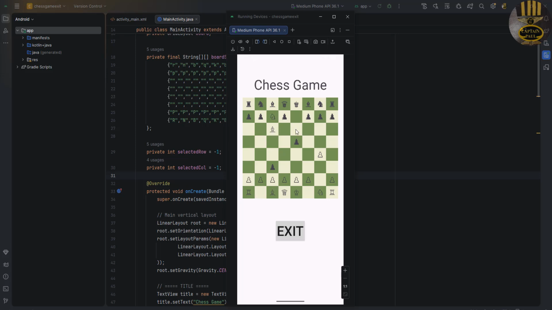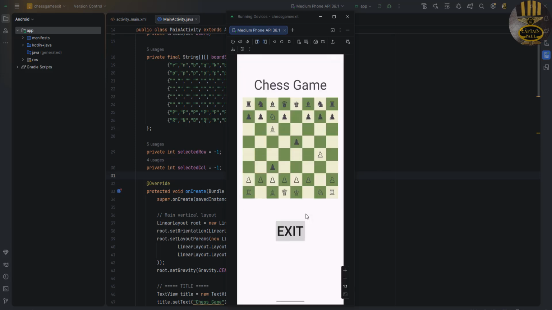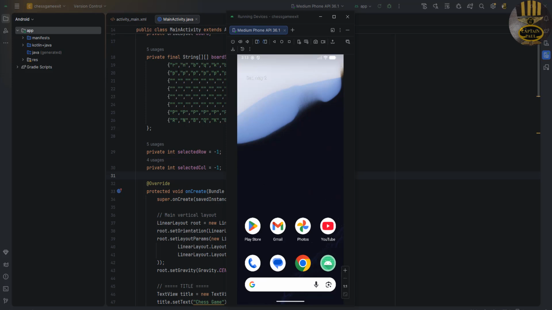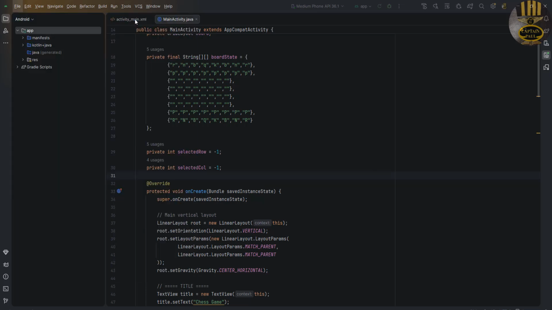So what I'm going to do now, I will exit out and we'll start a new project entirely. So click on exit. Confirm if you want to exit. No, I don't want to exit. Try it one more time. Yes, I do want to exit. That's it. So I will go straight to the file here and let's select new project,